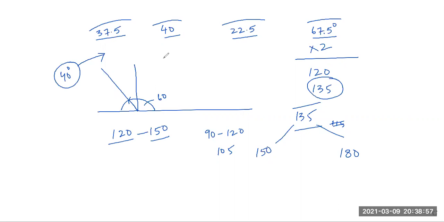So second question, which of the following angles cannot be constructed by ruler and pair of compass? One is 22.5 degree, other is 45 degree. Well, this is possible. This is also possible. Then 70 degree and 90 degree. So the answer is, yes, Amrit? 70 degree is the answer.